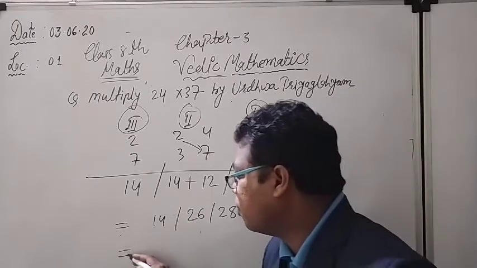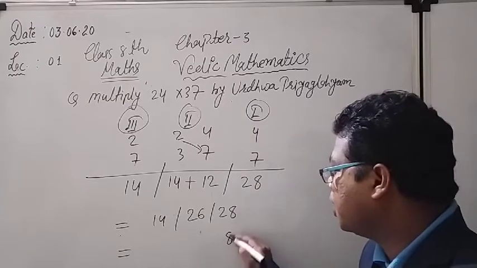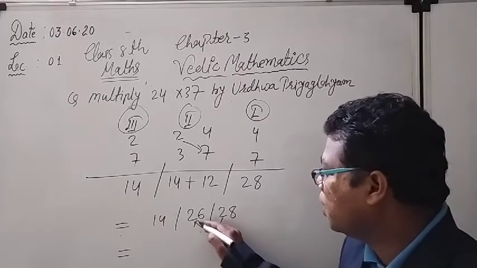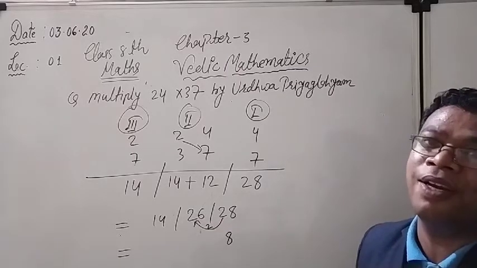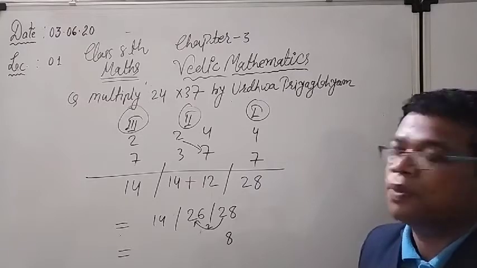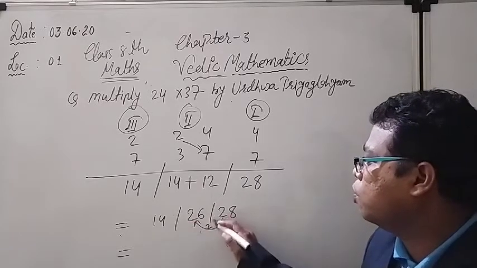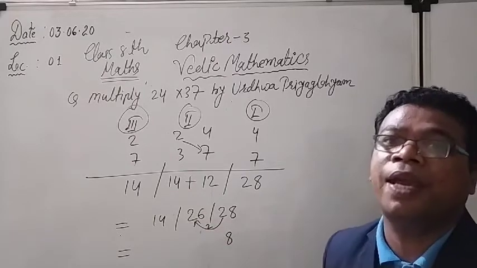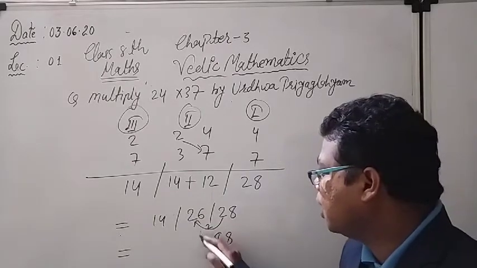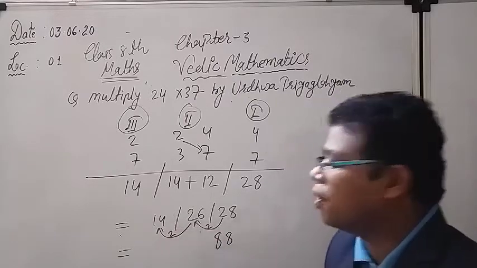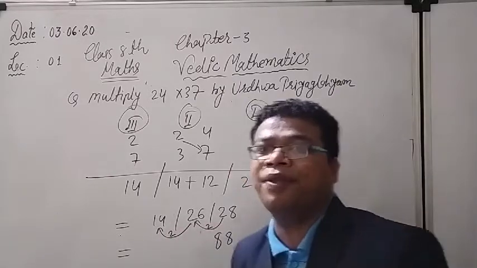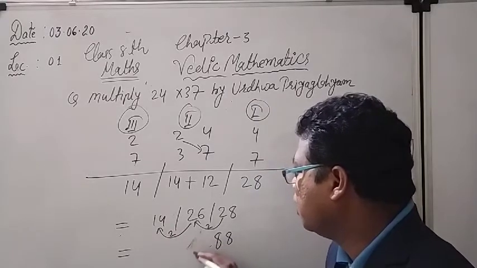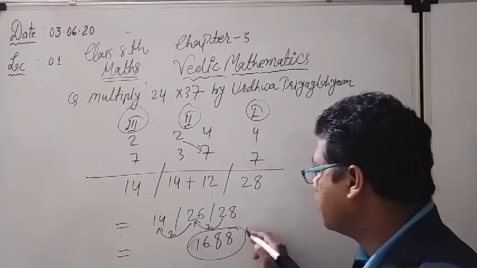Right now see for the answer, what I have to do. Only one digit I have to consider from every section. So 8 I am considering here. So that 2 will be the carry forward digit for the next group. Okay, and what is my next group? Second group. So that 2 I have to add with the 26. So what will be there? 26 plus 2 will give me 28. So 8 I have to consider here, and again that 2 will be the carry forward, and that carry forward digit I have to add with the 14. So 14 plus 2 will give me 16. So that is my final answer.